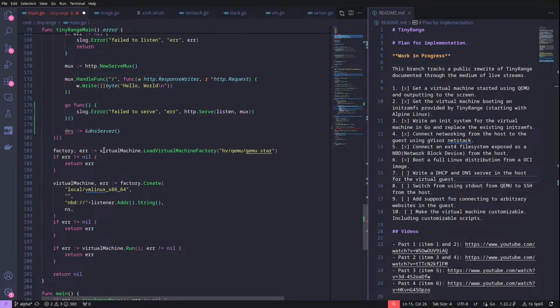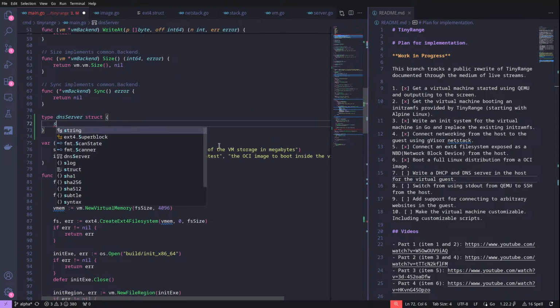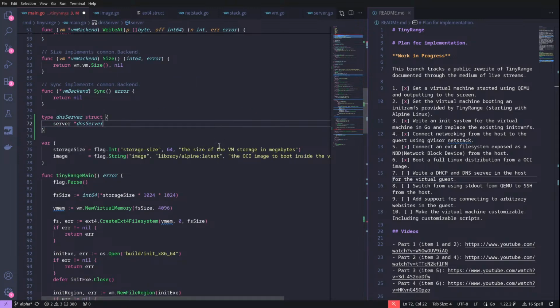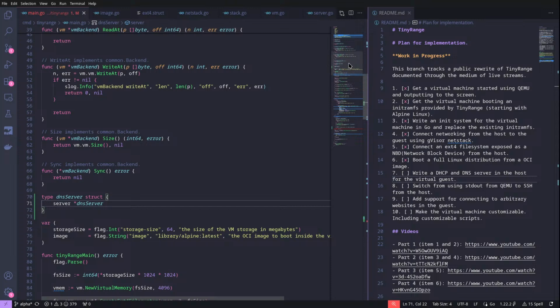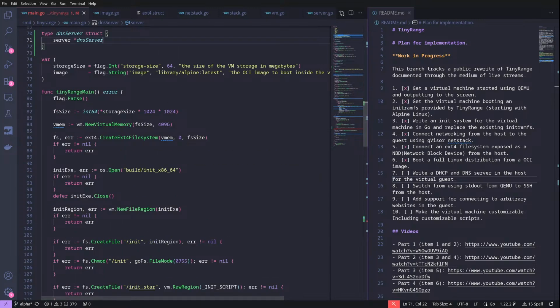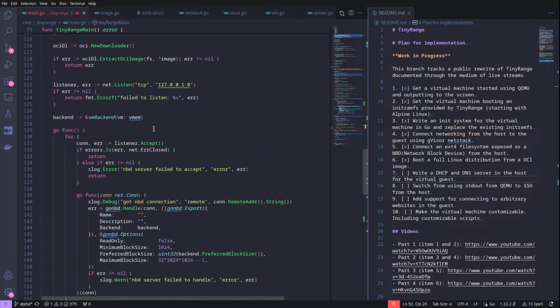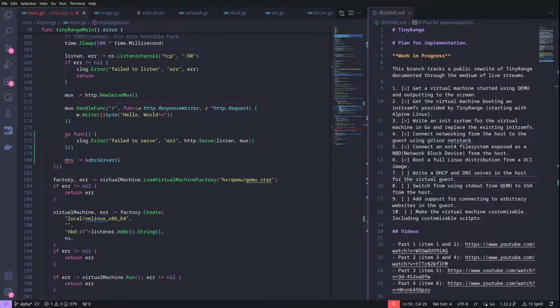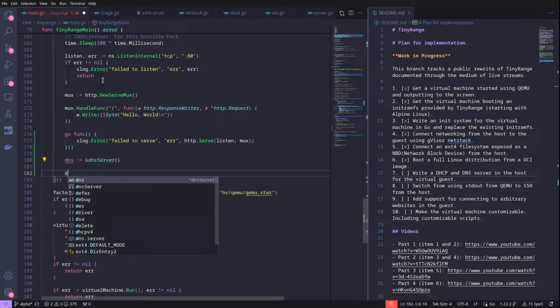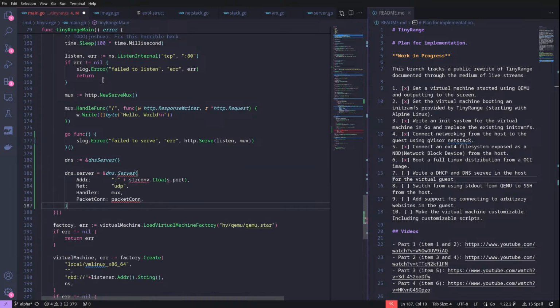So this will have server star DNS server, there we go, and then this will pretty much just do DNS.server equals